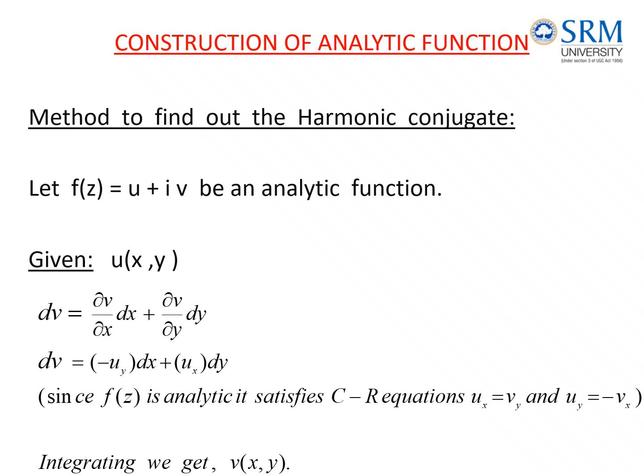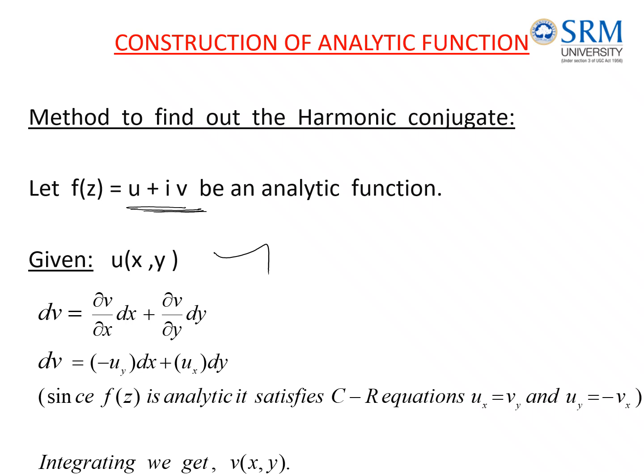The next way of finding the analytic function is, if the real part is given, we can find the imaginary part v by using another method, and then substituting u and v, we can find the analytic function. That is another way of constructing the analytic function. So for example, u is given, and if you want to find out v, we need to start with